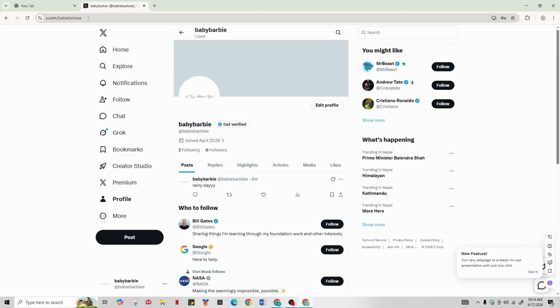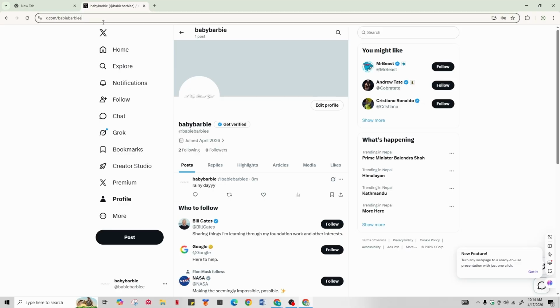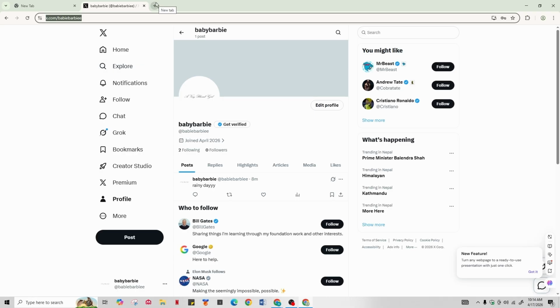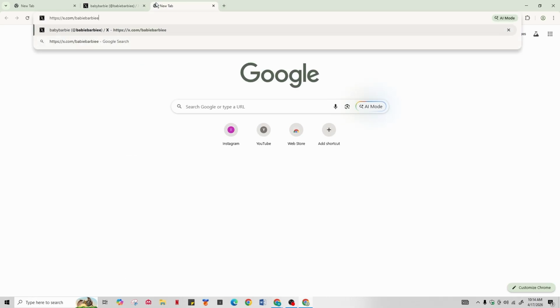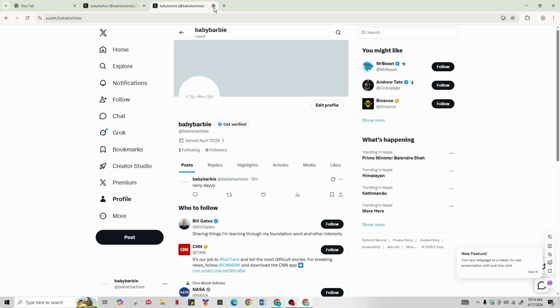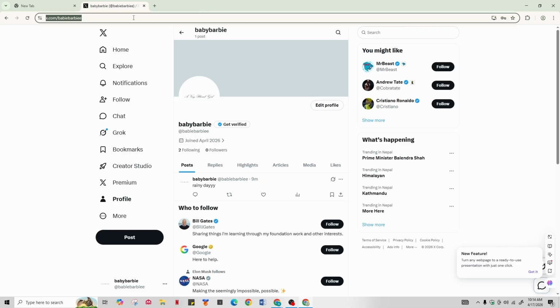Then from the address bar at the top of the screen, select all of it, right click on it, and select copy. Once it has been copied to your clipboard, you can go ahead and share it with anyone that you like, whether with your friends, family, your well-wishers, or anyone who you want to be in touch with